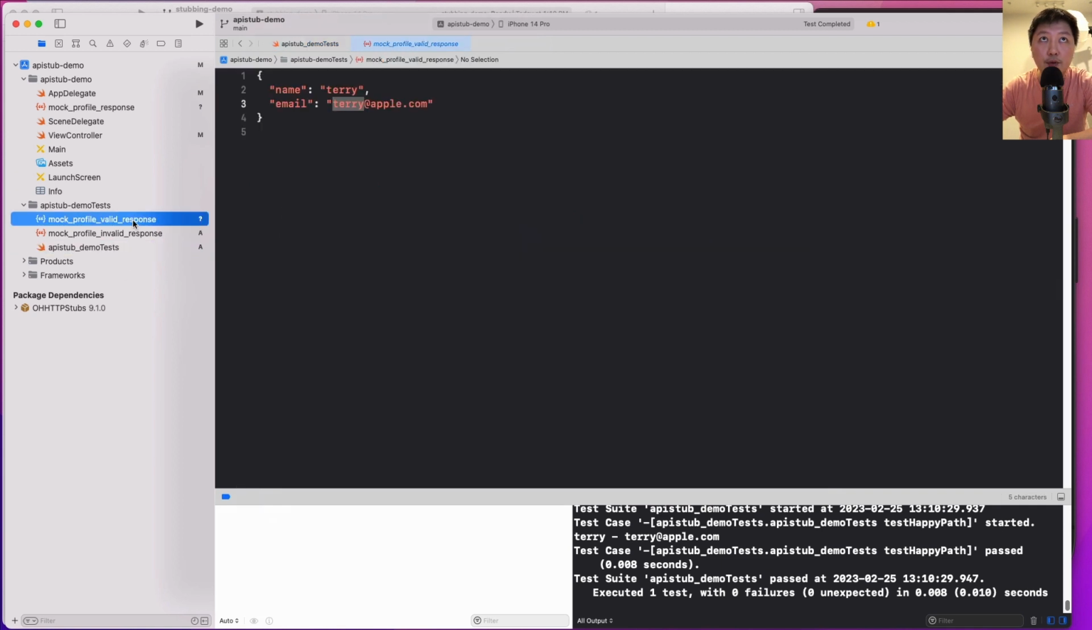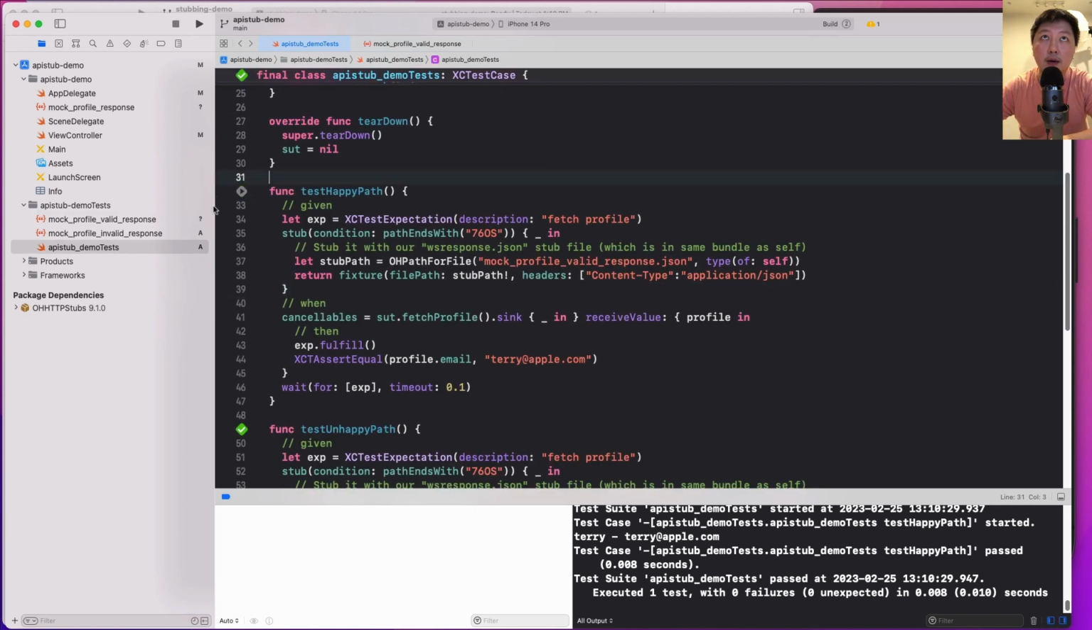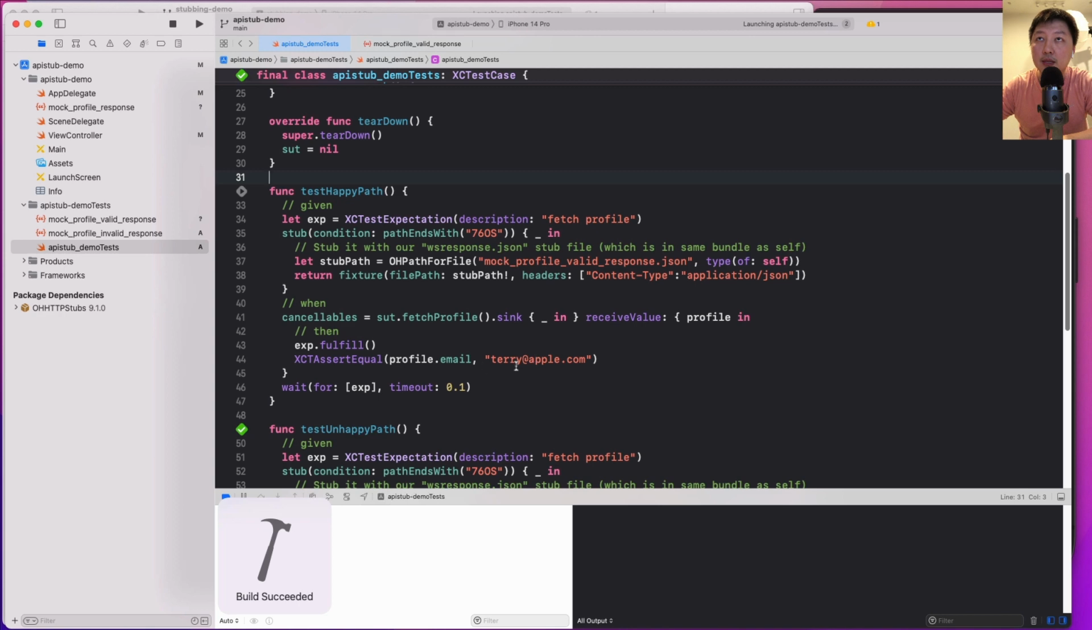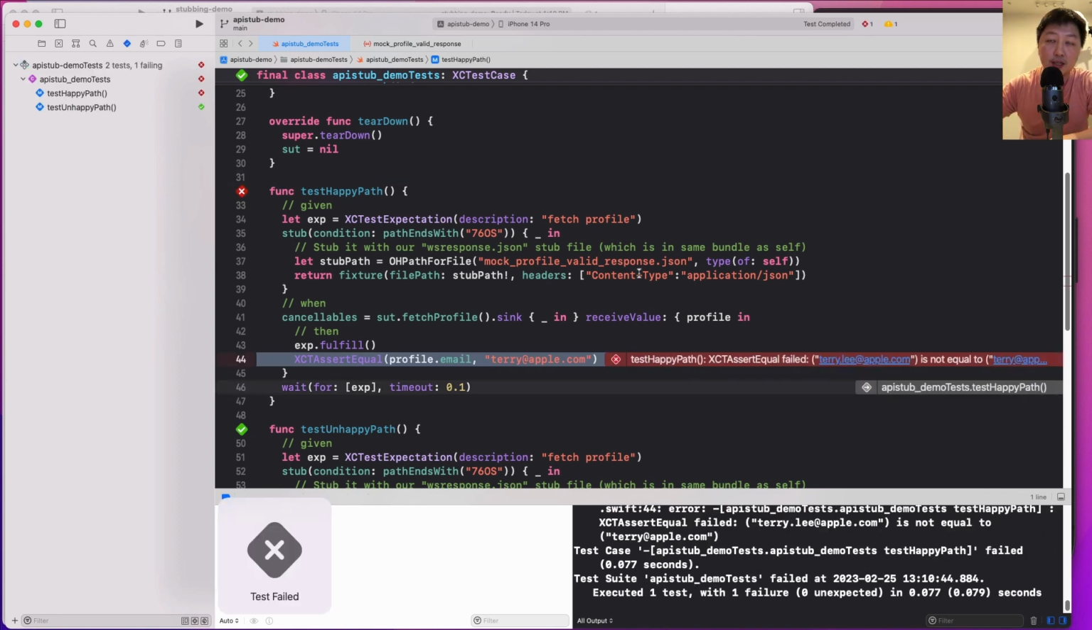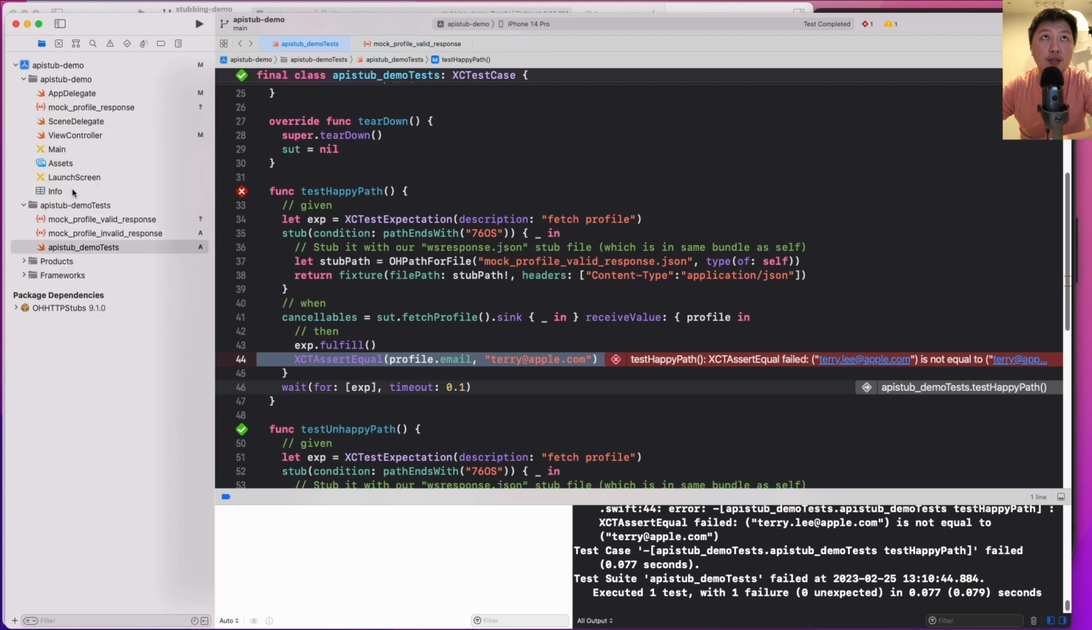Okay, so right now if I come over here and tweak this to maybe Terry Lee, and then hit the run button over here, obviously this is going to fail right now, so let's watch this fail. Okay, so currently it says that Terry Lee is not equal to terry@apple.com. All right, so now you see how this works. Okay, I'm going to bring it back to